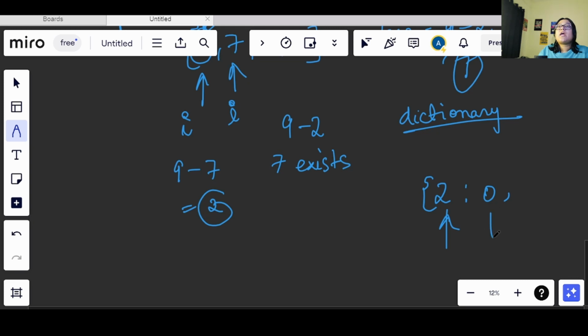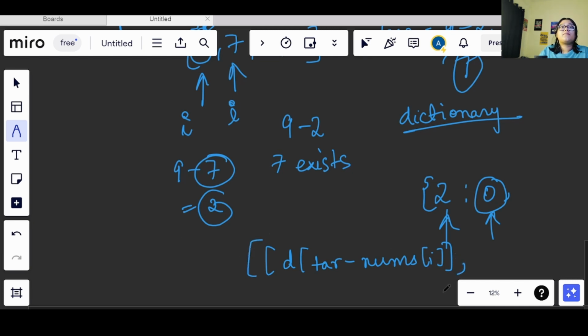So what will happen, I will take the index that is stored here and the index of this 7. Okay. So if my dictionary name is D, then I will use D of target minus nums of i, and the other value that I have is i.